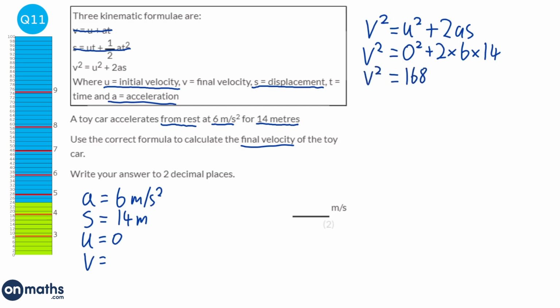And we've got v squared equals 168. So we need to do a bit of solving here. We need to do the inverse of square, which is square root. So we're just going to square root both sides to get what v equals. So square root of 168 is 12.961, etc. And we're going to round to 2 decimal places, which will be